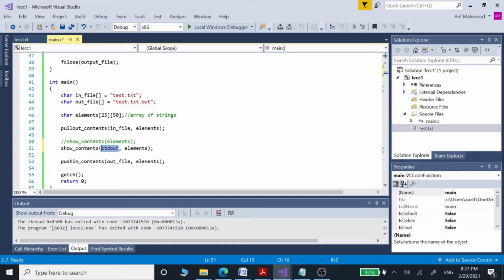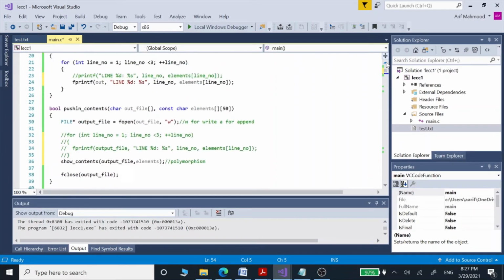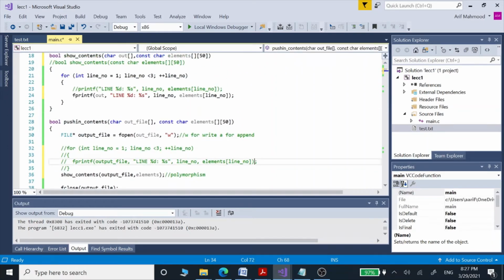And now this function is going to have this function inside it as well, and this function is going to be used to store those values into our output file. So that's why we are no longer using this for loop, because this function is now going to call this function, and this function is going to run this for loop, and that's where we no longer need this for loop.